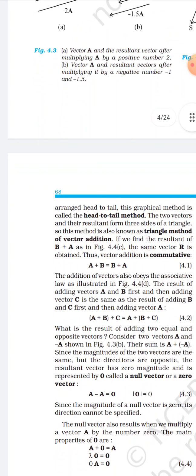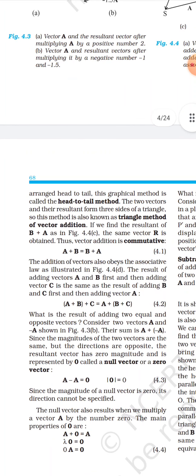Now here there are certain rules and certain laws. First, a plus b is equal to b plus a. For example, if we add 2 plus 3, or if we add the same numbers while changing the position, like 3 plus 2, you will get 5. Right hand side and left hand side will both be equal to 5. So a plus b equals b plus a, and it satisfies the commutative law.